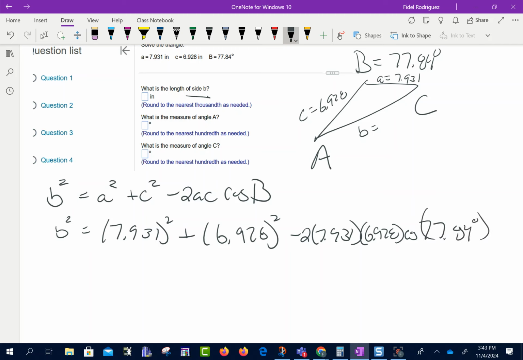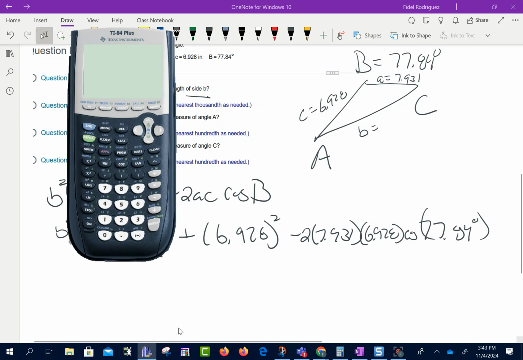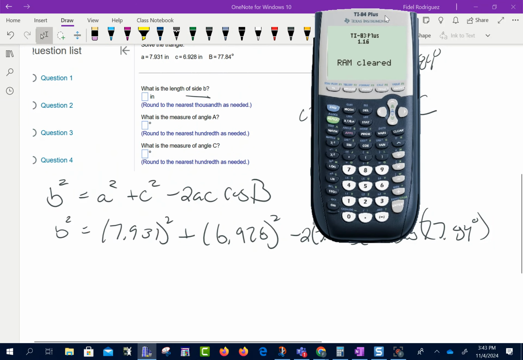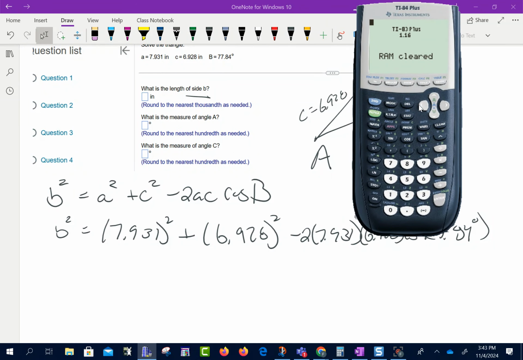degrees, okay? So y'all, I'm going to do this on my calculator, so let me grab my calculator right here. First thing I want to do, I want to make sure that I am in degrees. Let me clear this. Let's go to mode. Let's go down. Let's change this to degrees. Okay, and let's get out of here. So let's see. 7.931 squared plus